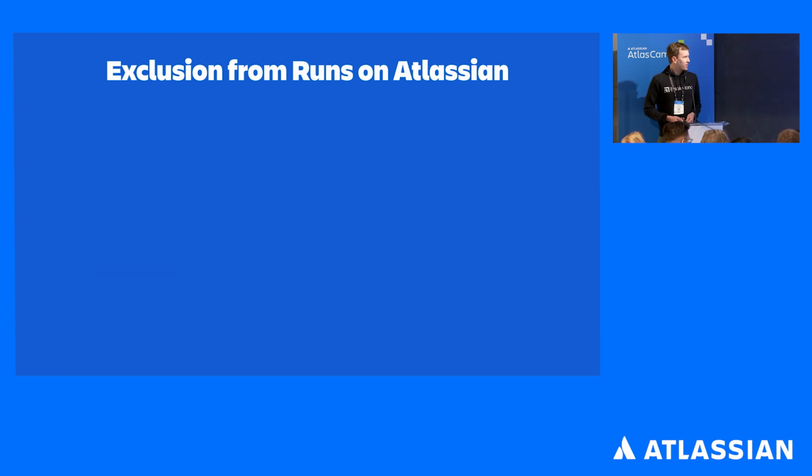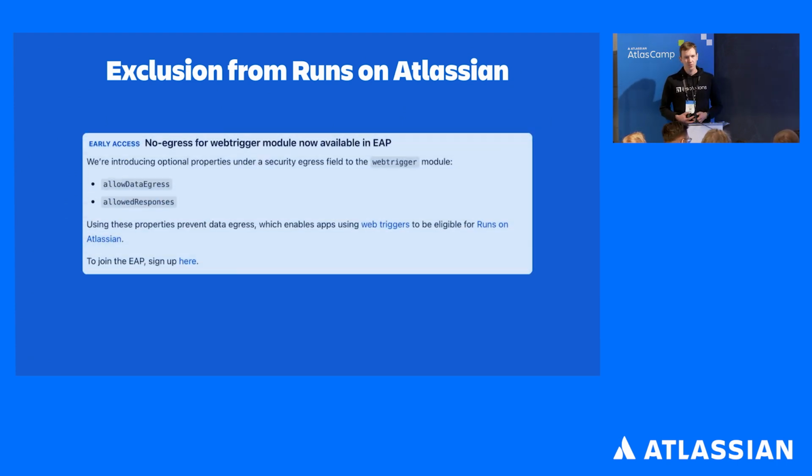There is an EAP where we signed up. It's no-egress web triggers. That could be a solution. But for now, it is only for parts of the APIs, because this is only possible when the response of the endpoint is static. So if we return a 200 or a 201, that's fine. But if we consider the endpoints where we return dynamic data from the app, like user absences, for example, they look different for every user. And they are not covered by this EAP,